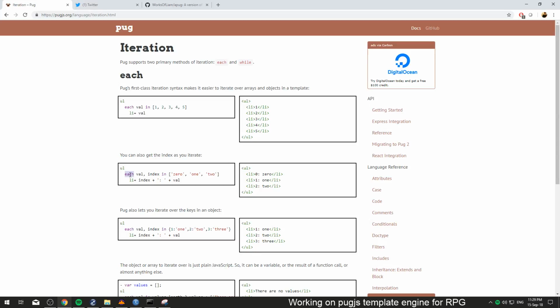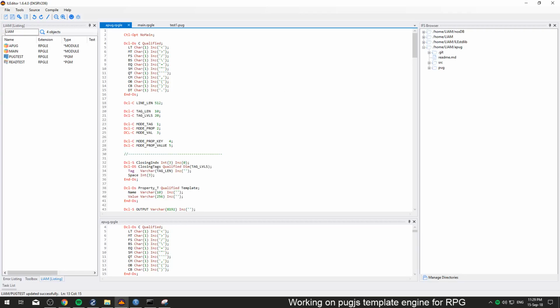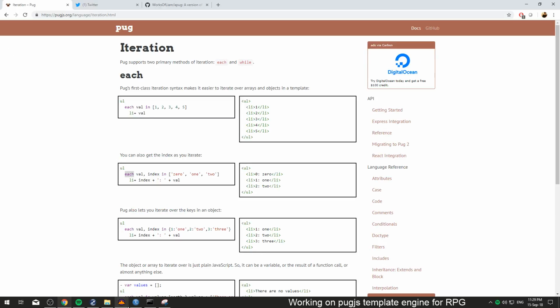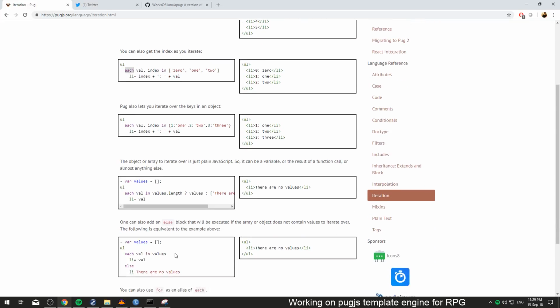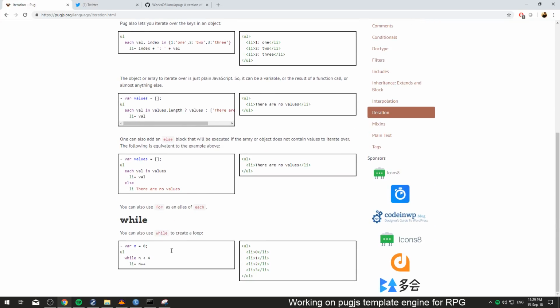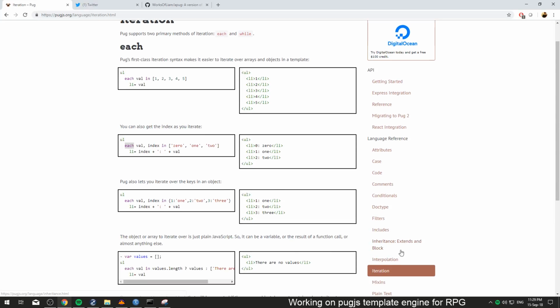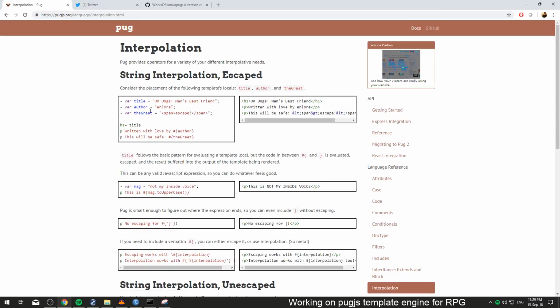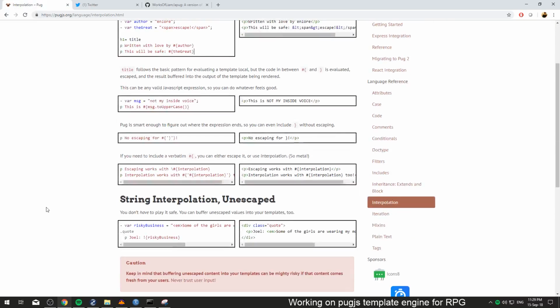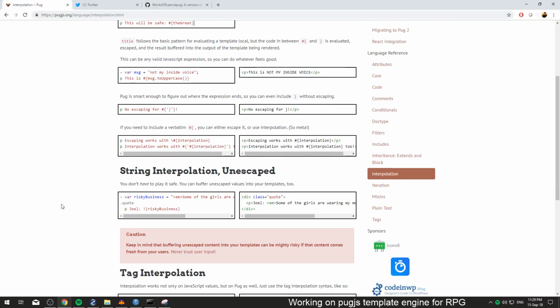Yeah, I guess these could be tags. No idea how I'm going to achieve much of this in RPG. Linked list, but then it's like, how do we do things like